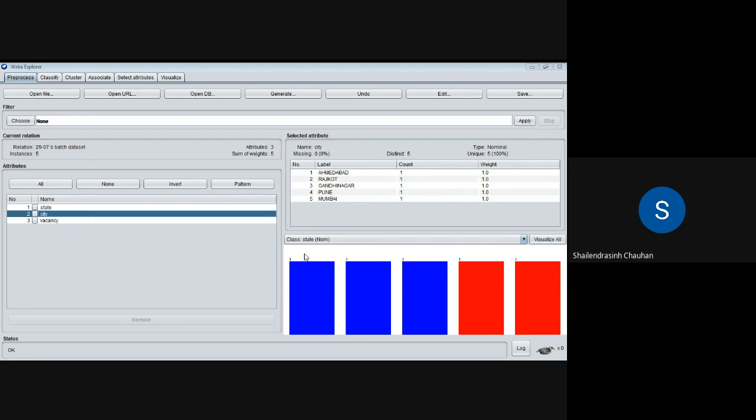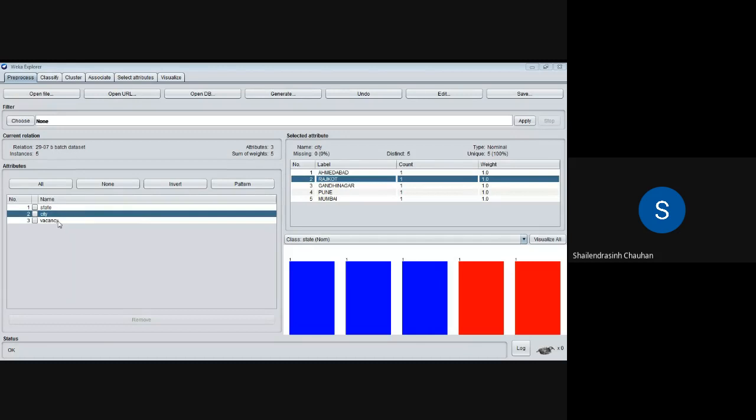Sorry, that is my mistake. This one indicates the counts. That is just the meaning of this attribute value. In city, Ahmedabad is appearing only once. Then in attribute city, Rajkot is appearing only once. Fine. So this is the count.